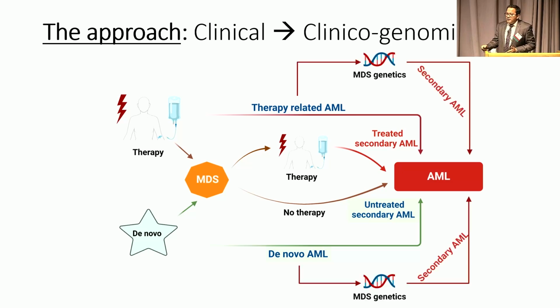And now we have the clinicogenomic approach, where we include patients with MDS genetics, and suddenly the de novo group falls apart. We have a major group of patients with de novo AML, sometimes young patients, with no prior history of other malignancy or therapy, no prior history of MDS, and they possess MDS-like genetic mutations,